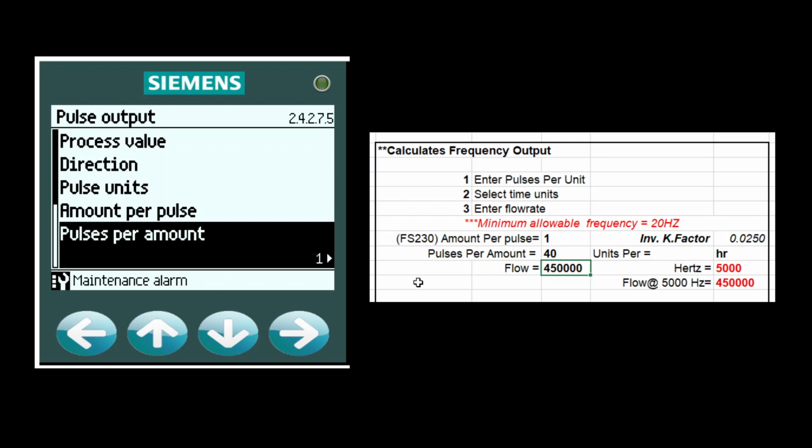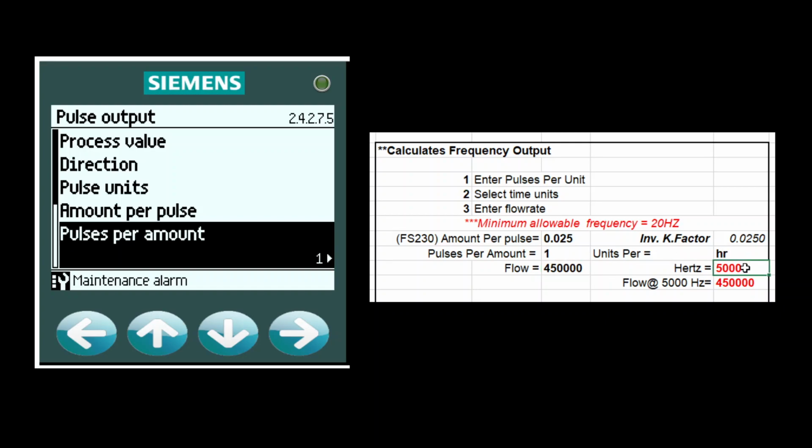So if the customer is giving you a K factor, it's going to be pulses per amount, and if they happen to give you 40, that's fine, but you could equally enter it in as 0.025,